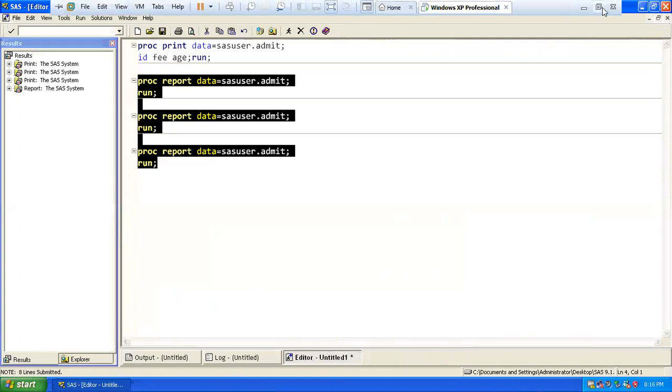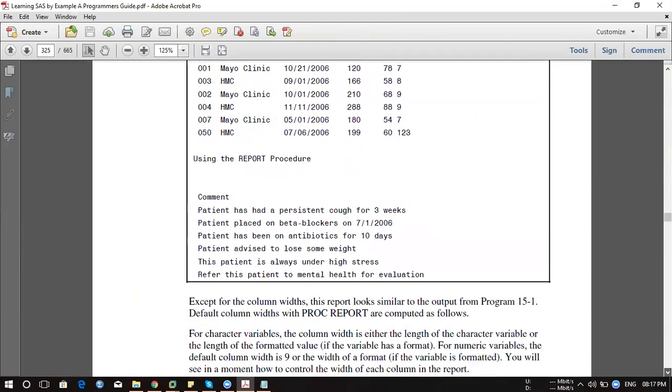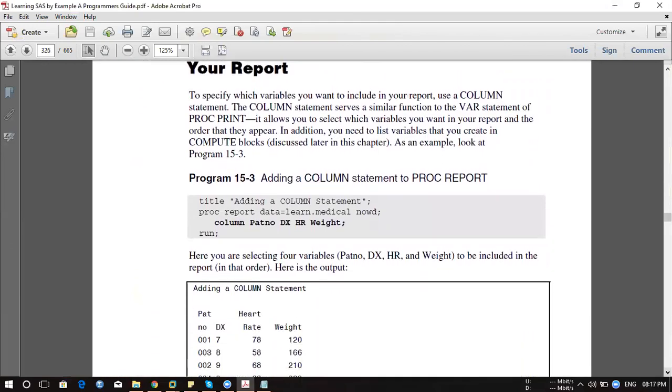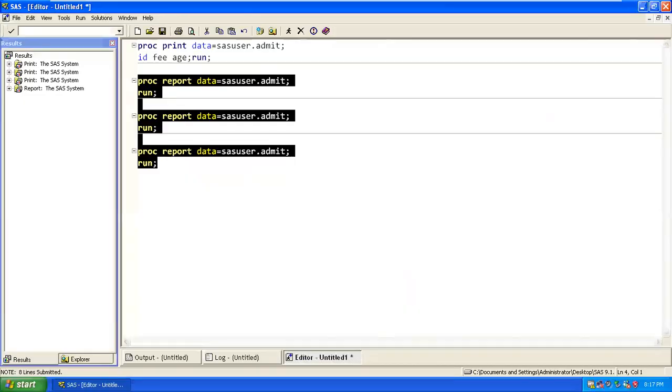Okay. Now, the main part starts from here. Same thing we use to declare the variable name. See what will happen when you go with the proc print command. In proc print, we are saying var ID, fee and age.